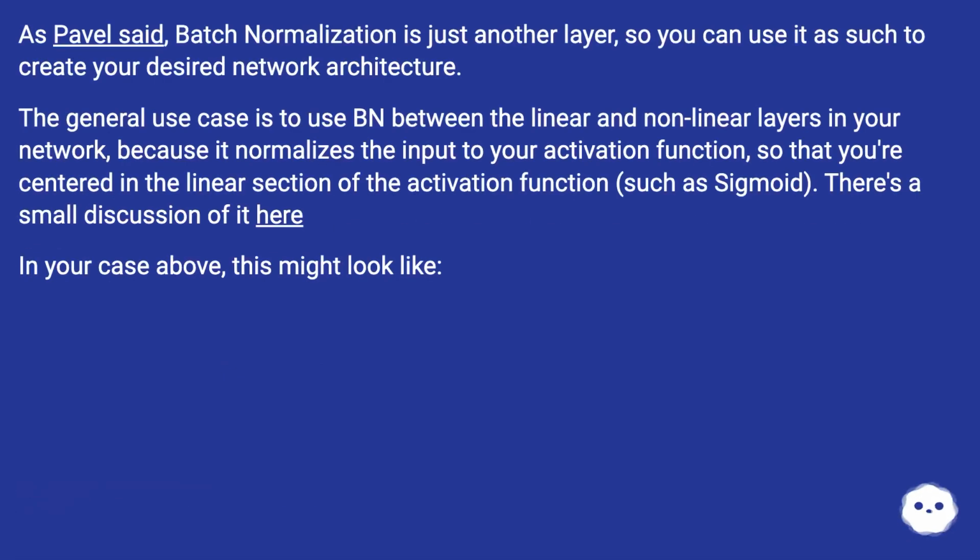As Pavel said, batch normalization is just another layer, so you can use it as such to create your desired network architecture. The general use case is to use BN between the linear and non-linear layers in your network, because it normalizes the input to your activation function, so that you're centered in the linear section of the activation function, such as sigmoid. There's a small discussion of it here. In your case above, this might look like